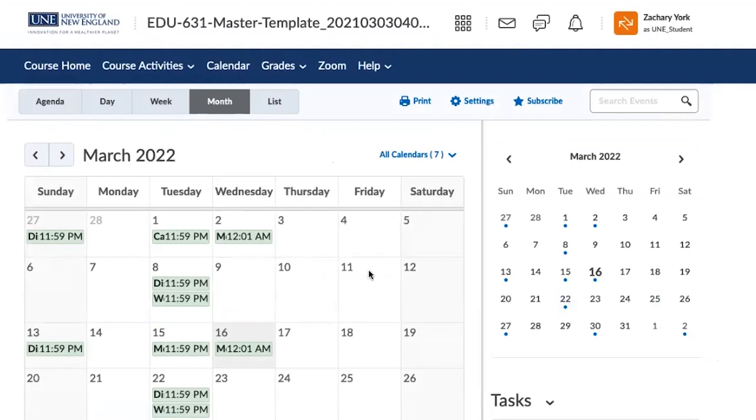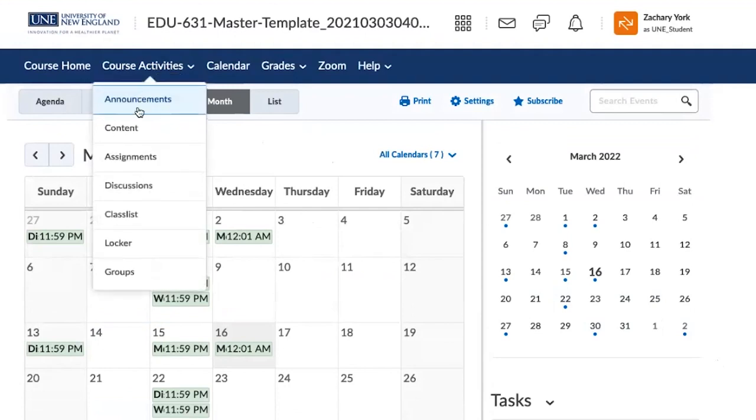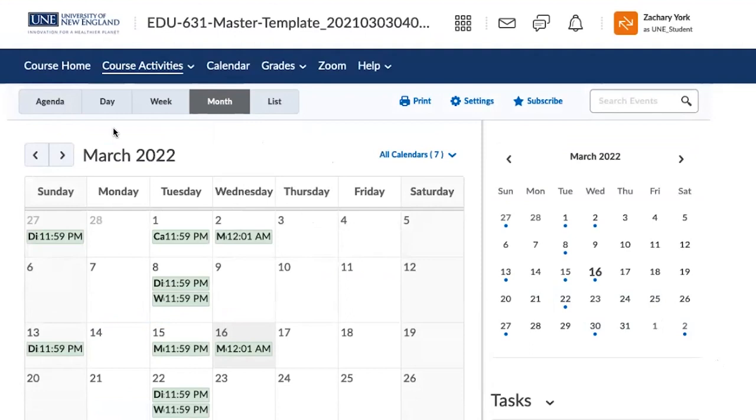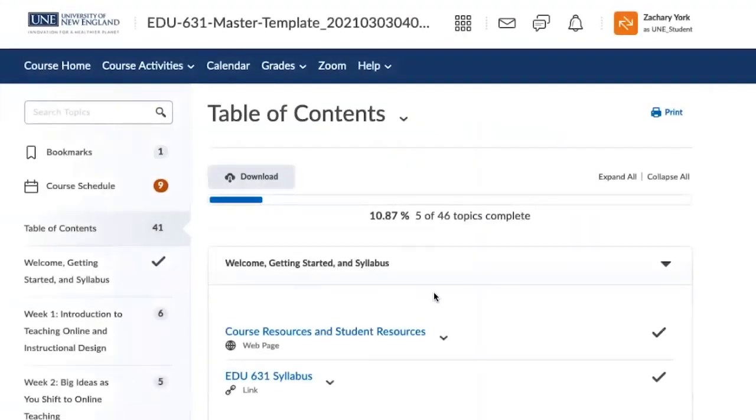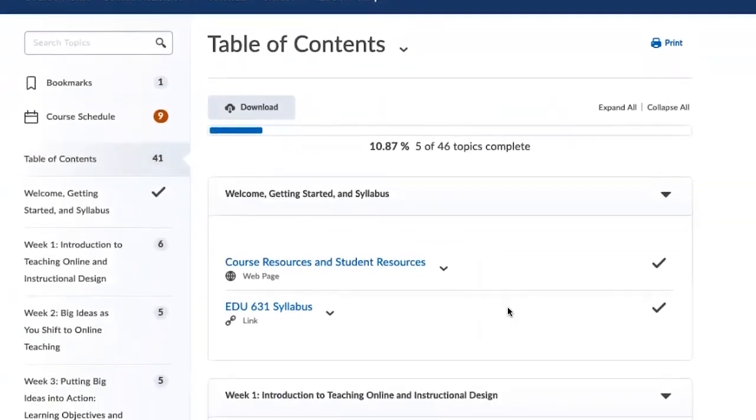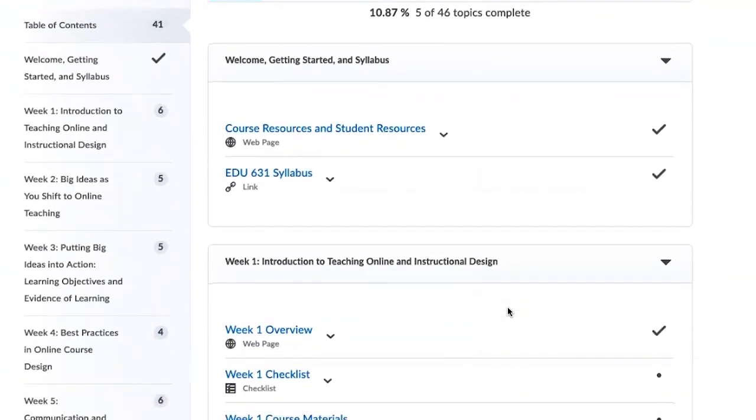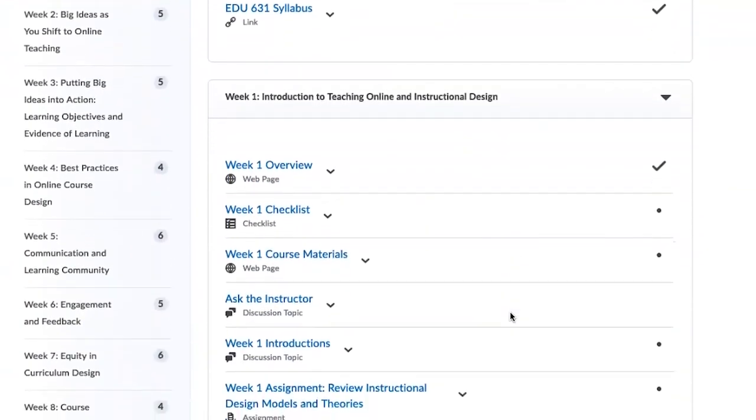So calendar is a great way to help students keep themselves on track. We also have checklists that our college makes for students. So if you go within the module, so go to content of your course activities, and then most weekly modules will have their own specific checklist. So if we go into week 1 checklist here,